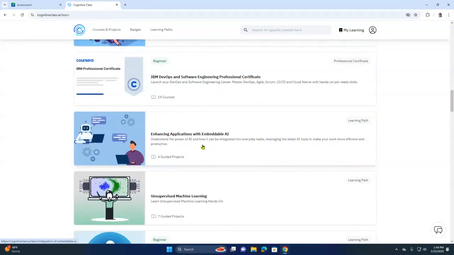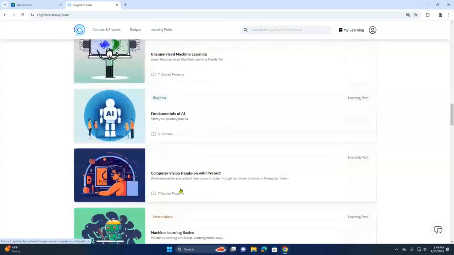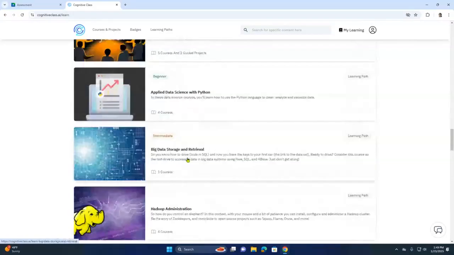Even in our bachelor's in web design and development, now when you design a web page, you may be wanting to incorporate a chatbot. And what do those chatbots use? A lot of them are using AI to help them with their functionality. So you may be using a chatbot, and this chatbot that you're going to configure is going to have some AI capabilities. They've got unsupervised machine learning, computer vision, machine learning, applied data science with Python, big data storage and